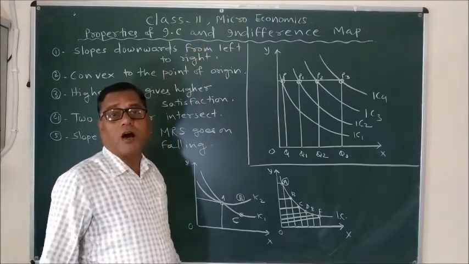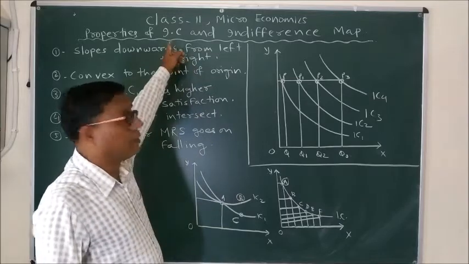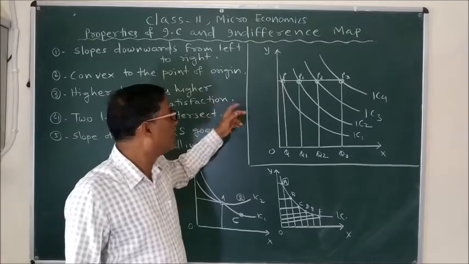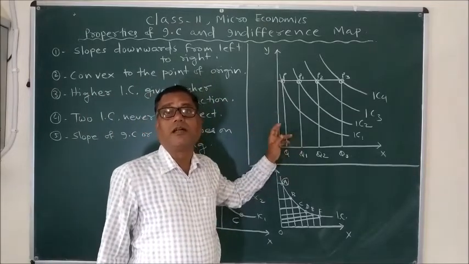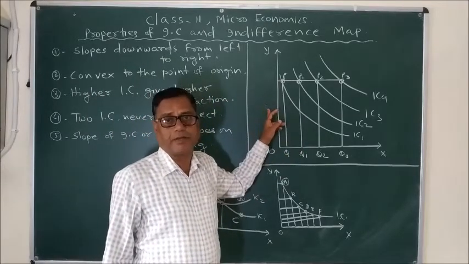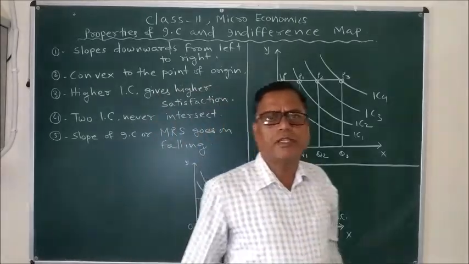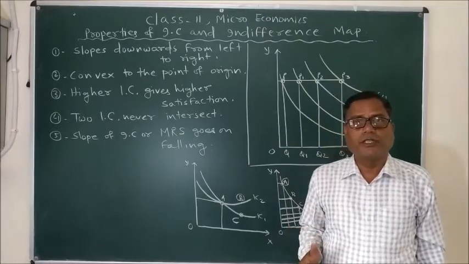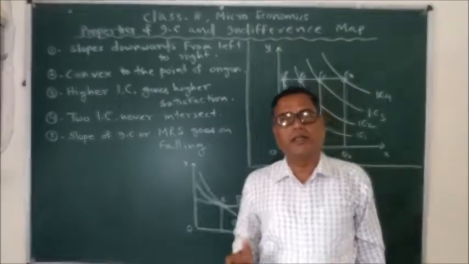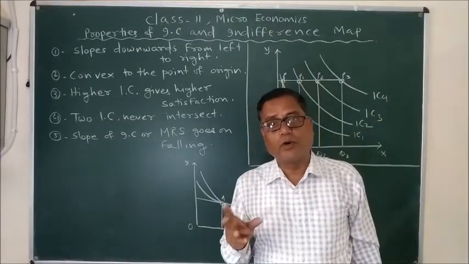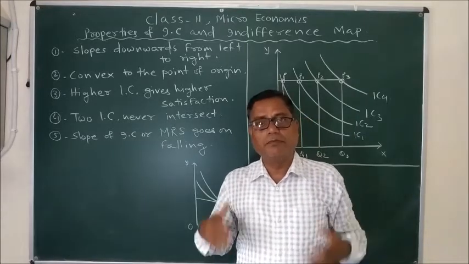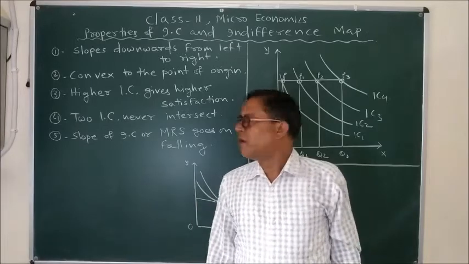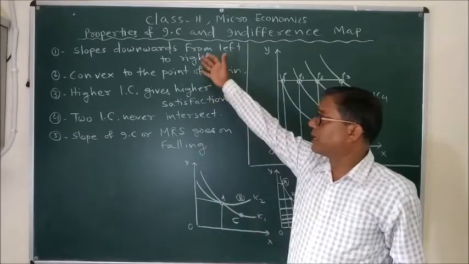And today, our topic of discussion will be the different characteristics of an IC, or indifference curve, and the meaning and definition of an indifference map. Previously we have discussed the assumptions on which the theory of cardinal utility analysis, or the Hicks-Allen model of consumer equilibrium, is based. That is the assumptions. So today we will discuss different characteristics of an